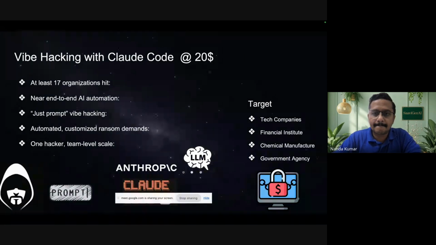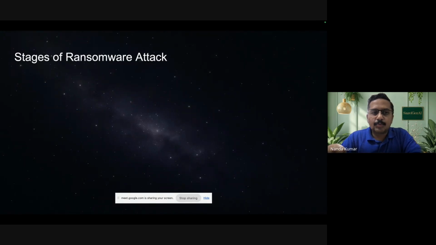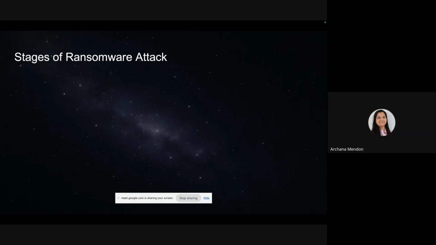Okay, can someone tell me what are the stages of a ransomware attack? If not in sequence, you can tell me any intermediate stage also. What all would you do? If you want to start targeting a system and then you want to do an attack, first thing, what would you do? Come on, until 2-3 answers come in, I'm not going to move to the next slide. Nanda, there is a chat where people are chatting as well, so keep an eye on that.